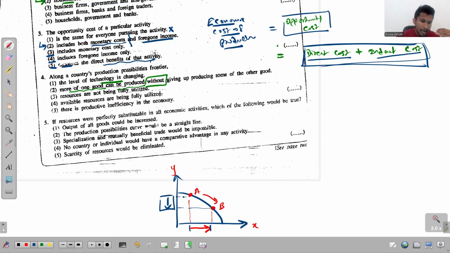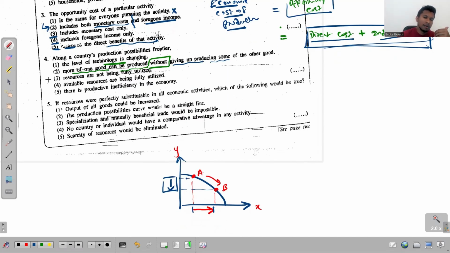If the economy is operating at a point on the PPC, that economy cannot increase the production of one good without sacrificing the production of the other good. So the statement is wrong. Look at the third one. Along a country's PPC, resources are not being fully utilized. No,